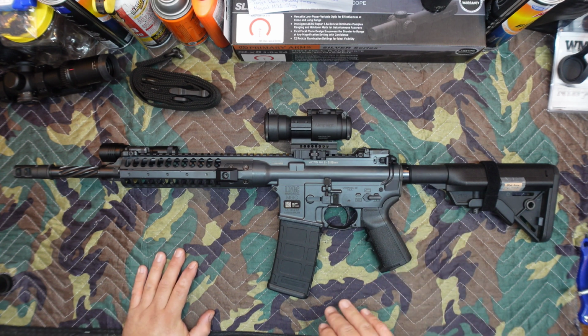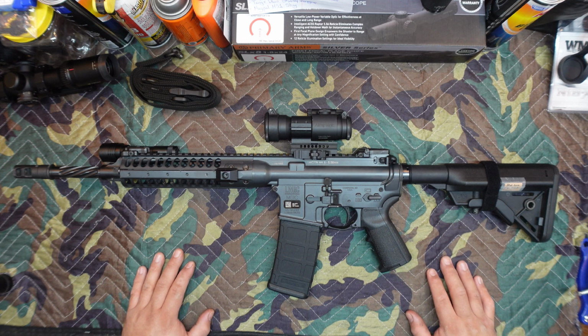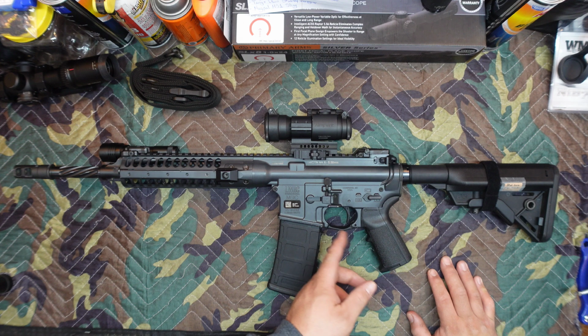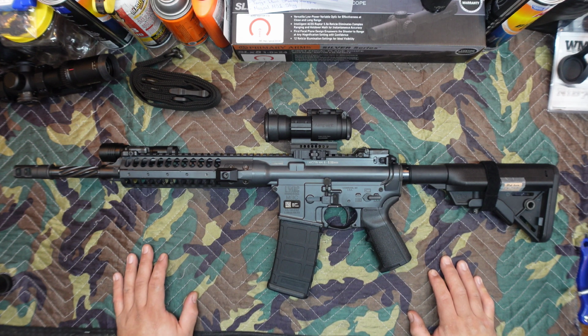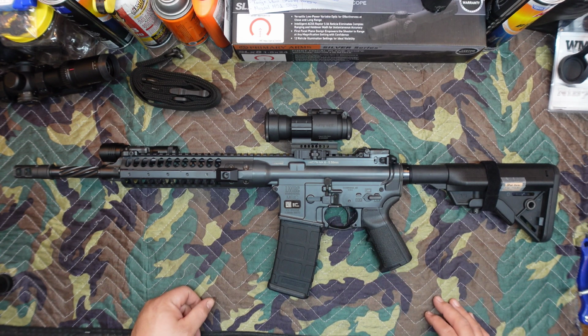Now, they advertise this trigger as being 1.75 to 3 pounds first stage pull and 1.5 to 1.75 pounds second stage pull. I just went through it with my Wheeler gauge, and I'm getting 2 pounds 8 ounces on the first stage, and on the second stage I'm getting 2 pounds. So you're talking 4 pounds 8 ounces for an improved trigger. It's a phenomenal trigger, and maybe that is due to having 10,000 rounds on this and things wearing in, but